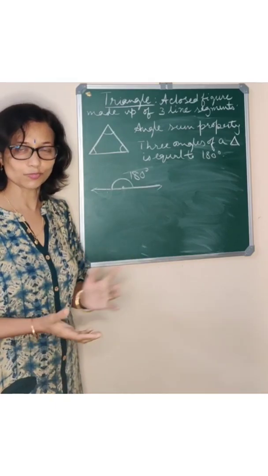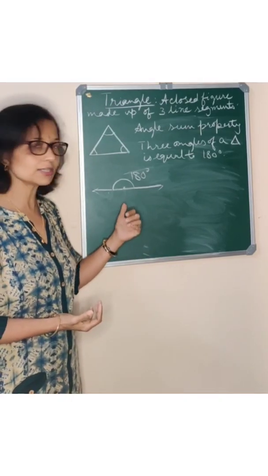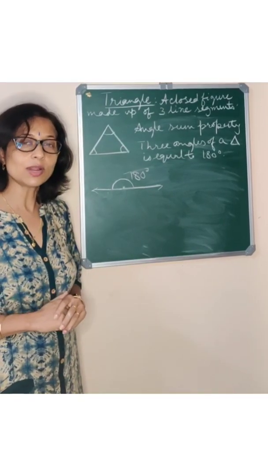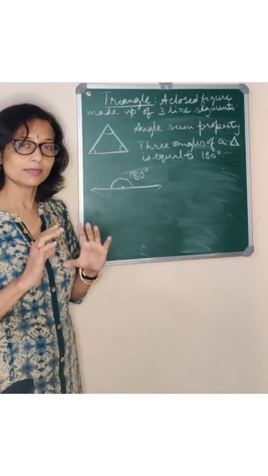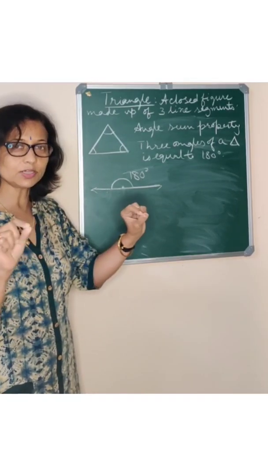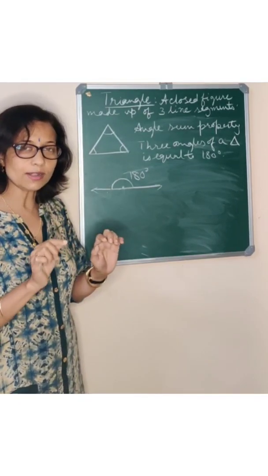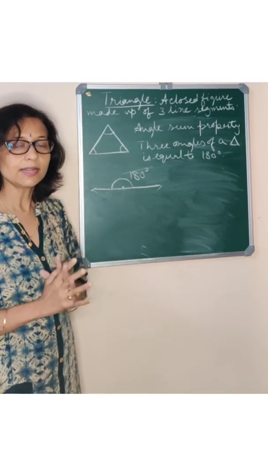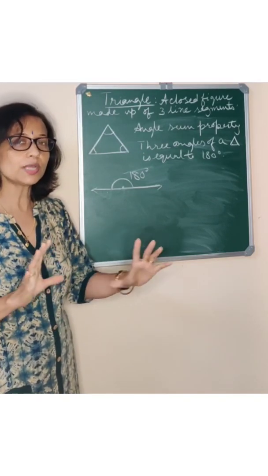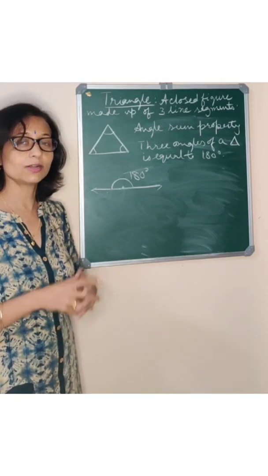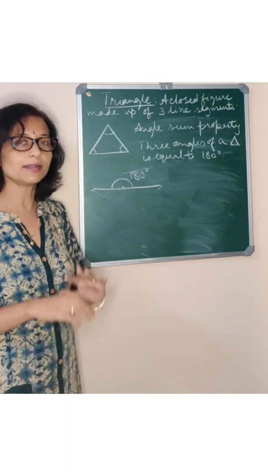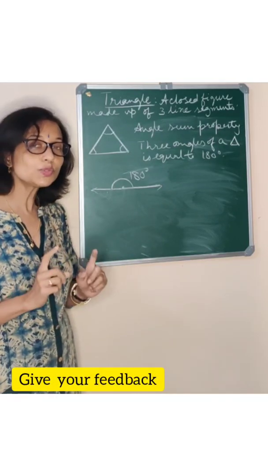So it is proved. And I hope you have understood and enjoyed the activity, and you will also take a triangle cutout and do this activity, stick the torn angles and place them on a straight line and write 180 degree and please write it. The sum of the three angles of a triangle is 180 degree. Show the activity in your notebook. You can use origami paper, chart paper, any other color paper and make it nicely colorful. And please do this activity.